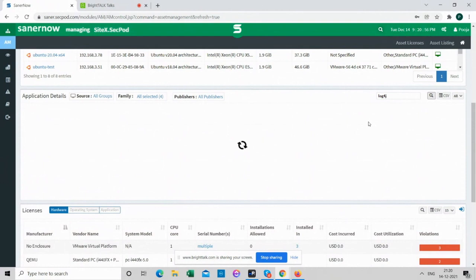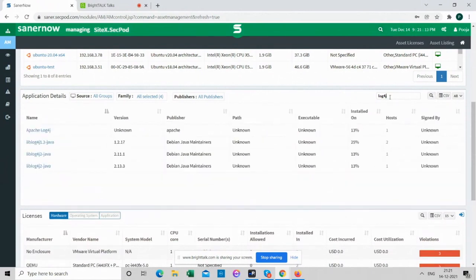It would list the devices that have these components, and it is a straight view for any admin to know that these devices have the affected component installed.